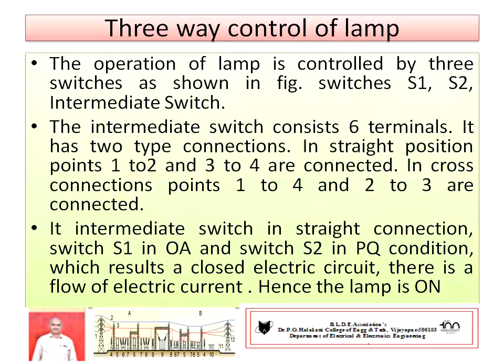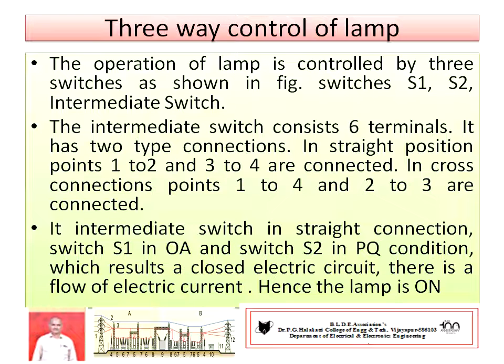In a similar fashion, three-way control of lamps is done in the same manner. The operation of the lamp is controlled by 3 switches. Such an electric circuit is as shown in the figure. It comprises 2 switches, S1, S2, and one more third switch. It is referred to as IR, the intermediate switch. This intermediate switch has 6 terminals. It can be connected in 2 possibilities.